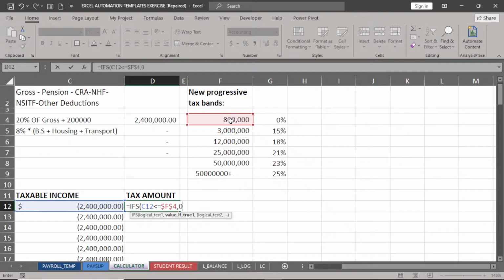This, comma, remember again, if this is less than or equals to this, lock it, F4, comma, what do we want now? What we now want is this times